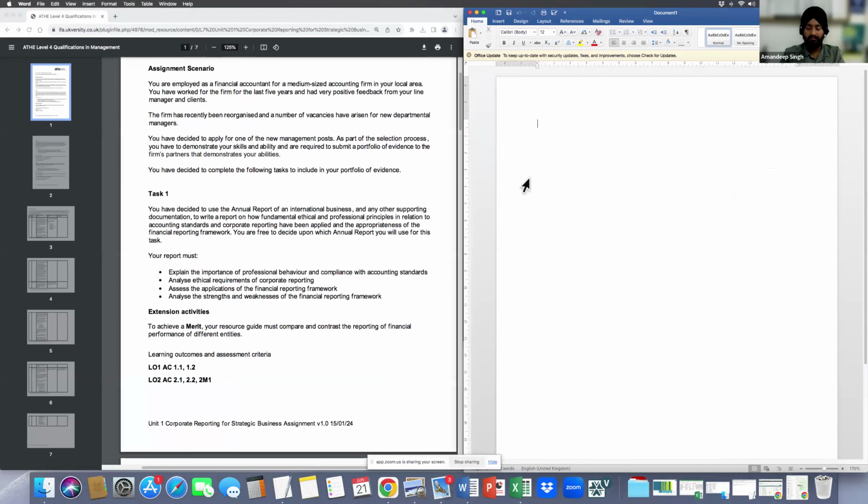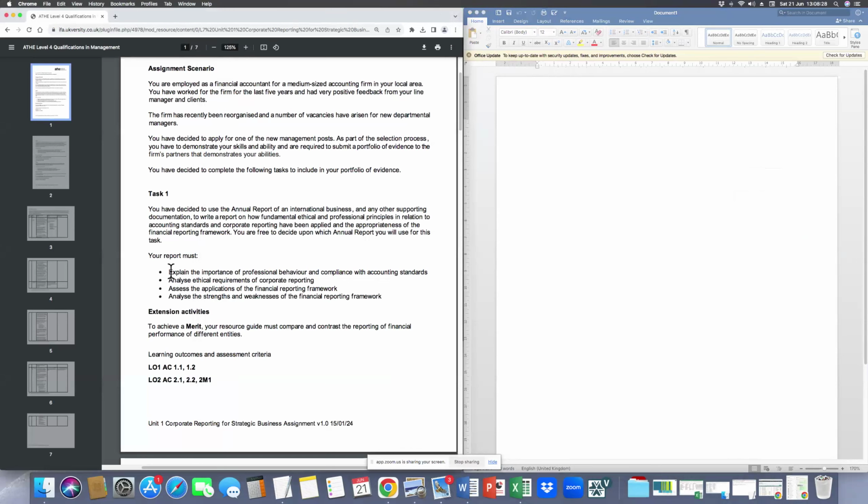This is also something I wanted to explain: assessors want the assignment in a specific way, so that when they're marking your assignment there are no further delays, because some learners try to omit the questions or change the language of it.